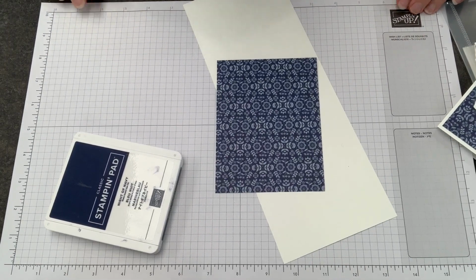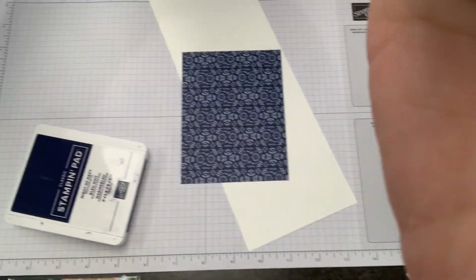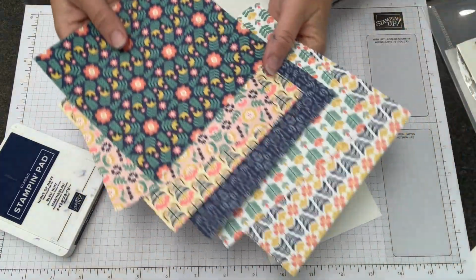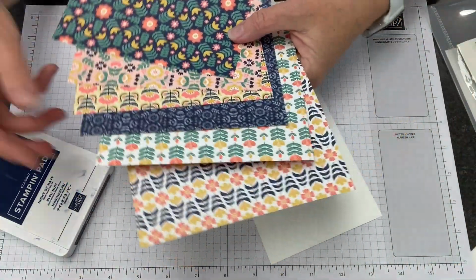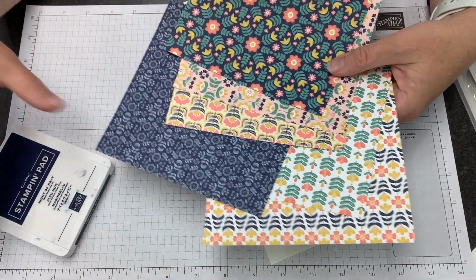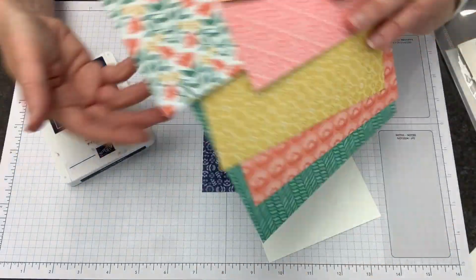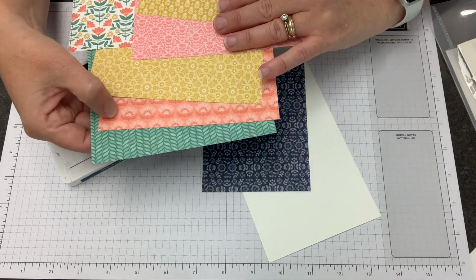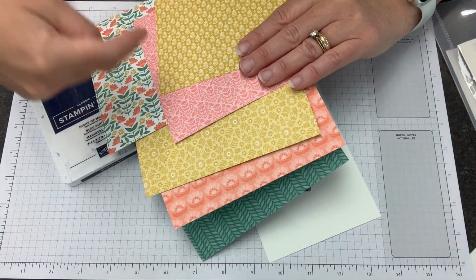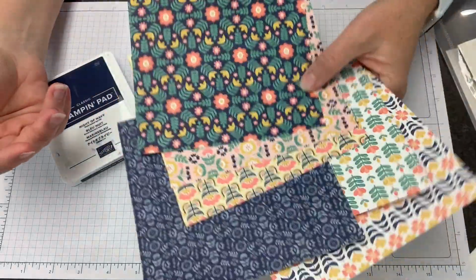Okay, so to start with, I have our card base, and from all of these paper choices, I flipped through and decided that I wanted to go with this sort of denim look, which this one is perfect for. It's really monochromatic. It's Night of Navy and shades and tints of that. You could do the same effect in other colors with some of these other papers, Bumblebee here or Calypso Coral, Just Jade. This one's Flamingo. You can see it's just a little different shade there between those two. So you could do the same kind of card effect with a different monochromatic look with the same designer series paper,